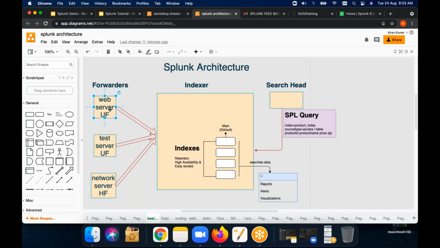For example, if you place web server data in one index, tester data in a second index, and networking server data in a third index, then it is very good, because you can have different retention periods.